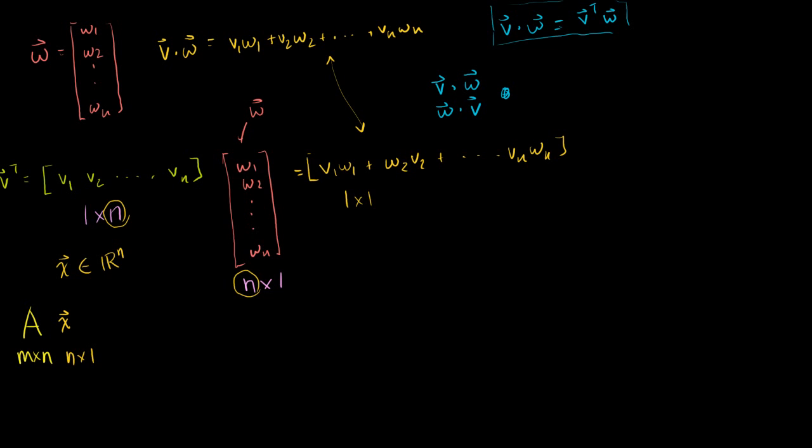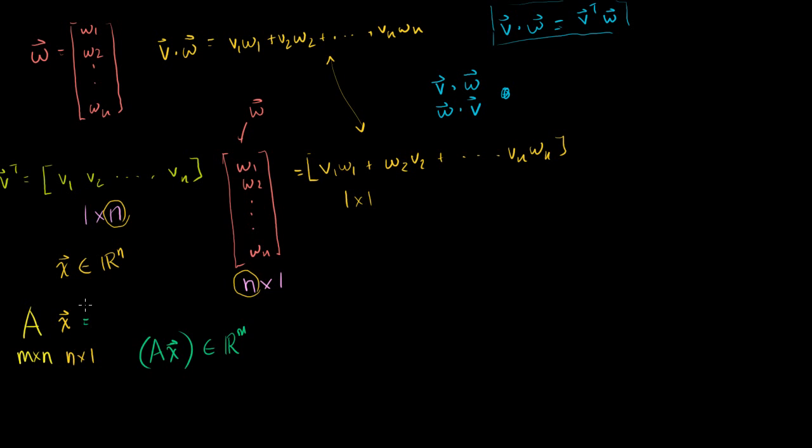Or another way to say it is, what is the vector Ax? When I take this product, I'm just going to get another vector. And what's it going to be? It's going to be an m by 1 vector. So we could say that Ax is a member of Rm. It's going to have m elements, right?